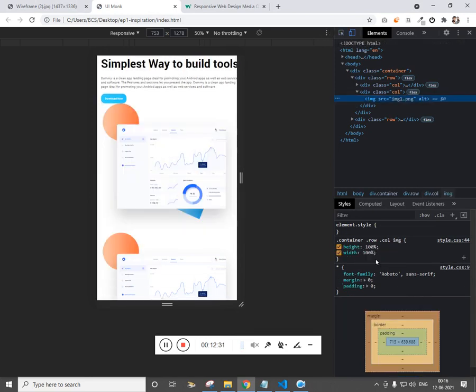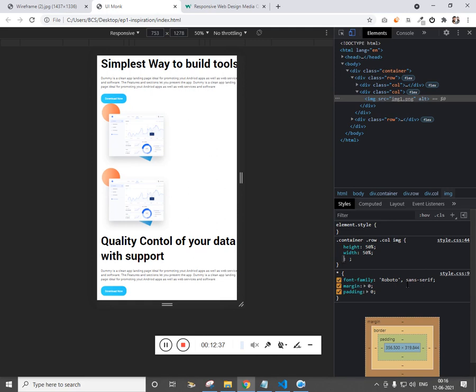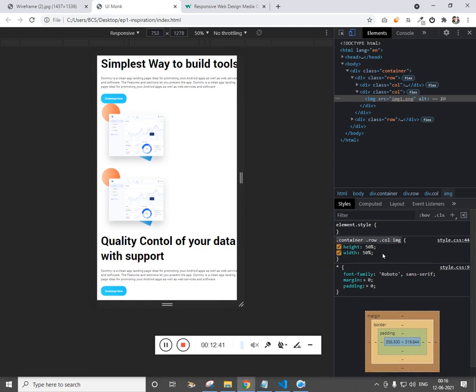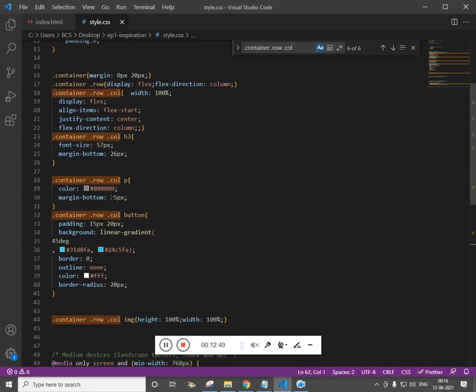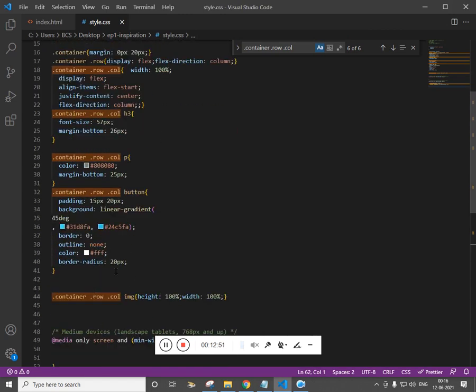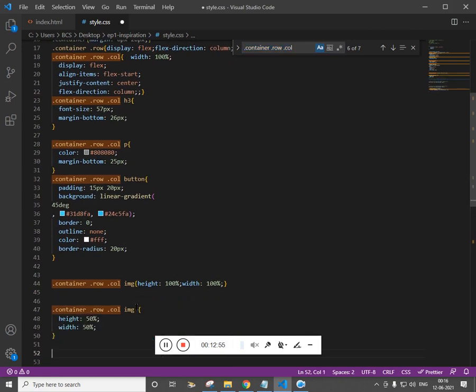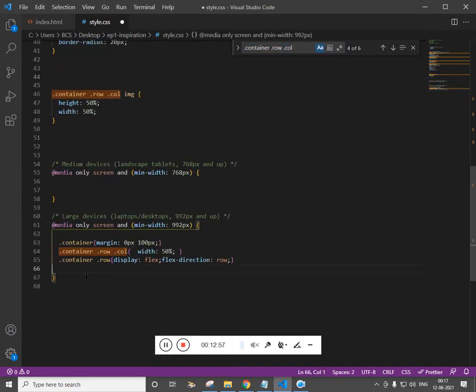For the mobile, I want the width and height to be 50%. Sorry for that. So this is for mobile. So where is image? So it's here. Let's cut this and paste it for desktop.